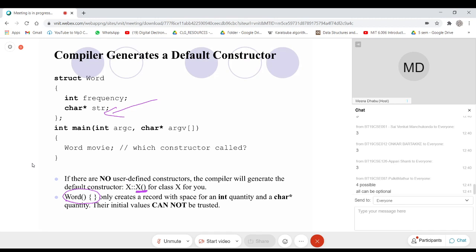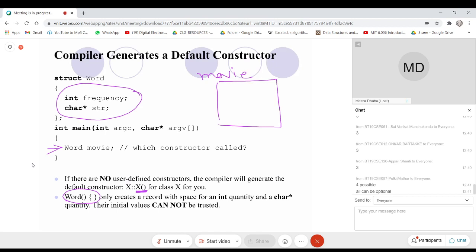Because of this, what happened is there are two data members, so the space will be allocated. When you execute the main function and the execution control reaches the statement, the memory will be allocated. The name of the memory will be movie.